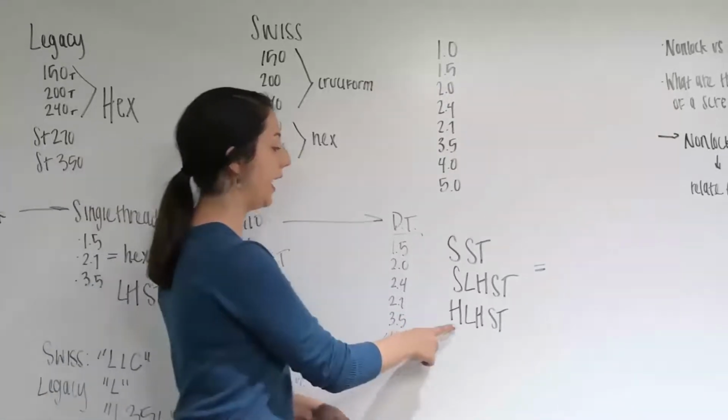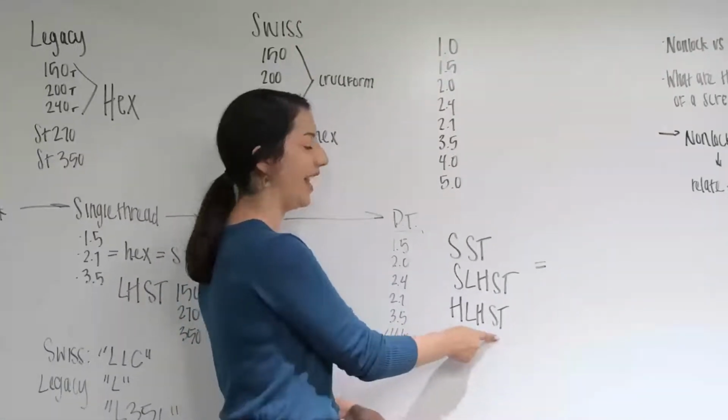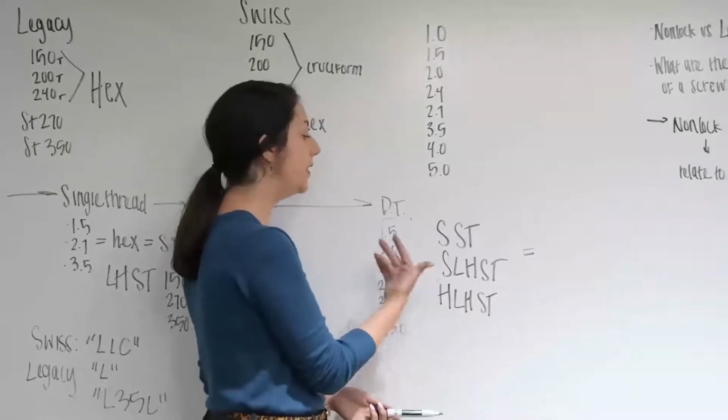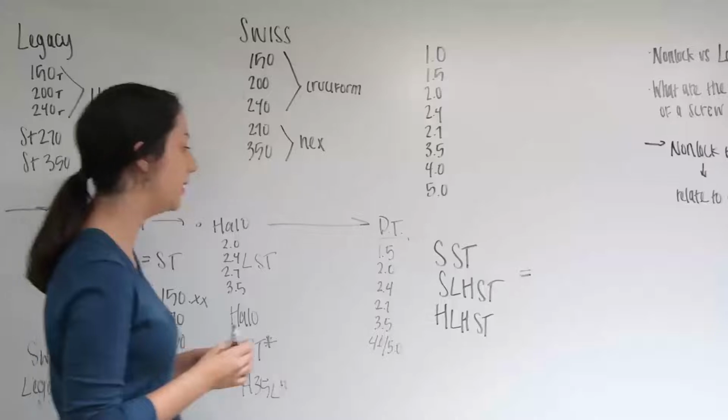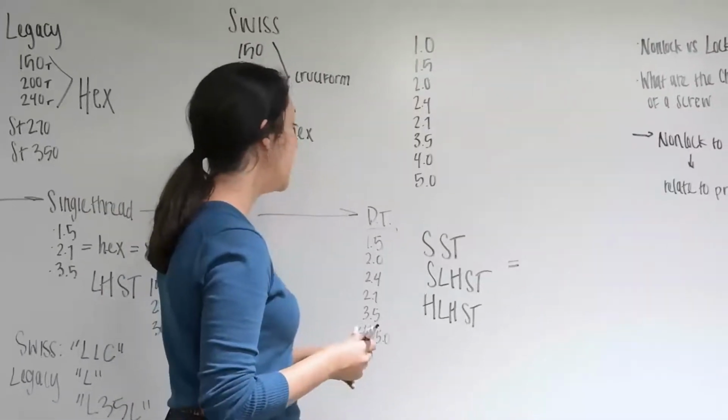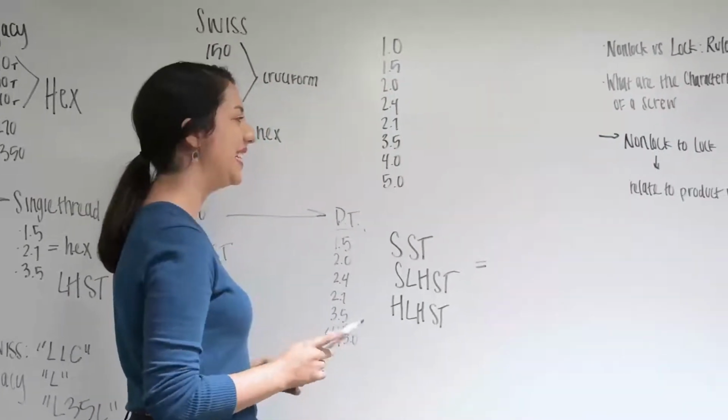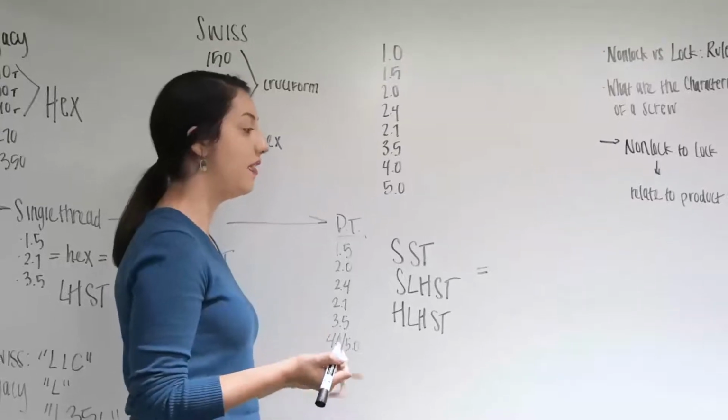And it kind of just shows hex locking head, and that is not hex locking hex. It's a hex locking head. But if it's easier for you to remember the LHST as locking hex, please, by all means. And for your compatible plates, I used to be able to say this as a rule of thumb,